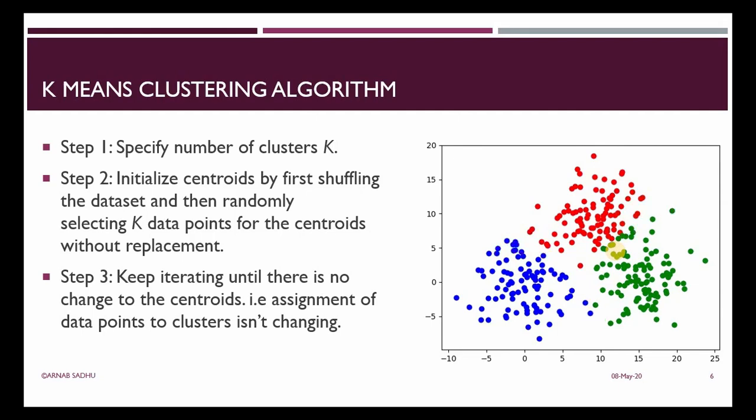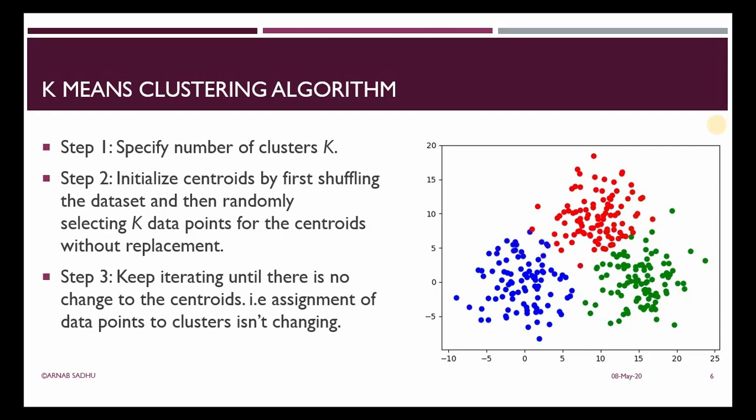After all the data points have been assigned, and you are exhausted with the data points, now you have to pick out the average of the cluster. Now you will find the new centroid as the average of the cluster. That will be the new cluster head. Now again you have to reassign, and you stop your iterations when your cluster heads are unchanged. See, in the ith iteration you have cluster centroids like C1, C2, C3, C4, and in the i plus 1 iteration, if you find the same cluster centroids, that means the assignment of data points would not change. There you need to stop. So this is how the k-means algorithm works.